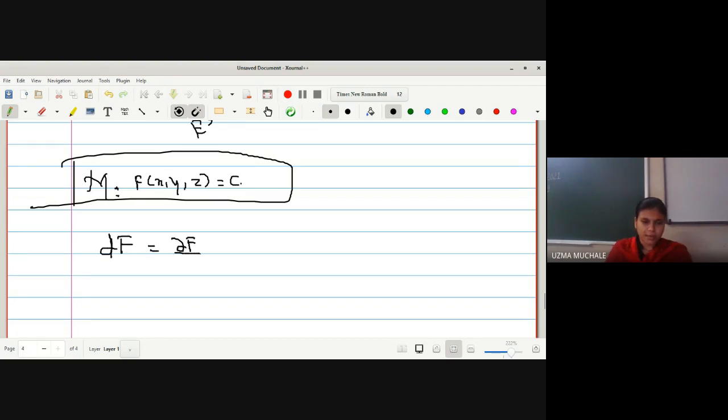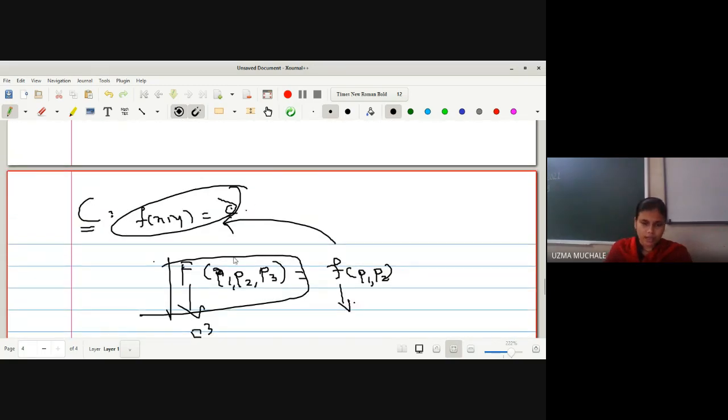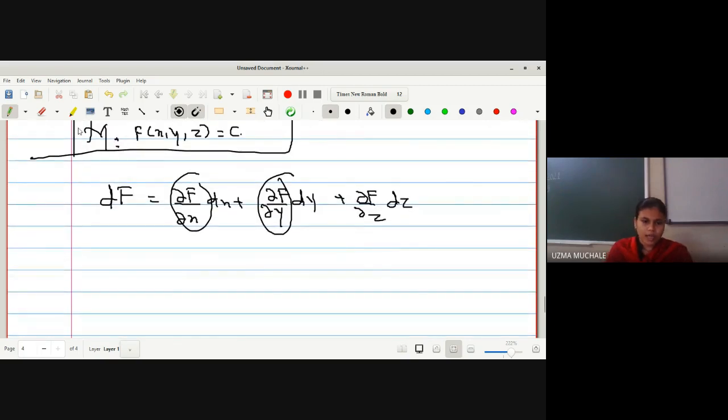dF is derivative of capital F with respect to x, right, dx plus derivative of capital F with respect to y dy, plus derivative of capital F with respect to z dz। Now my question is what about this derivative of F with respect to x, F with respect to y, क्योंकि आपके x y as it is कैरी हो गए ना, P1 P2 as it is carry झाले तिथे, so change काय कुठे, फक्त z coordinate। So we are not knowing about z, we are knowing about an xy plane। xy plane मध्ये काय आहे आपल्याला माहिती आहे, कर्व पण माहिती आहे, f of xy equal to some constant c, right। So we are knowing a curve, so can I say that whatever the partial derivative of these two, can I replace them as small f?